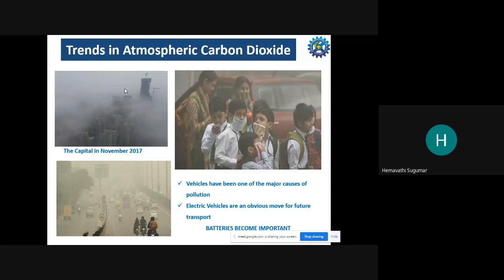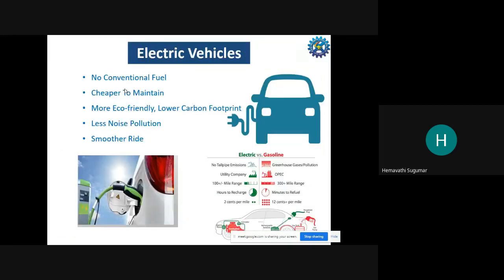So it's based on the application requirement: what application is required, what is the power, what is the energy, what is the safety. So all the concerns will be included to choose the energy storage device. And next, from these concerns, we see what are the features or advantages of the